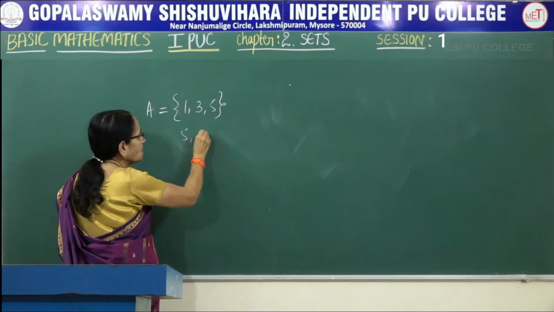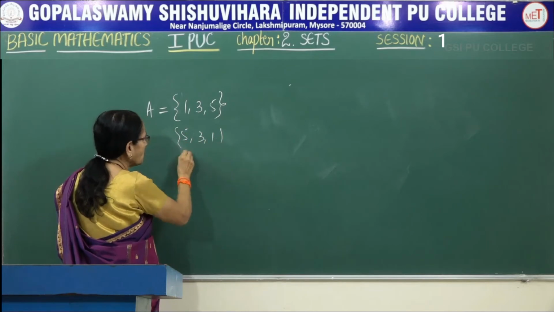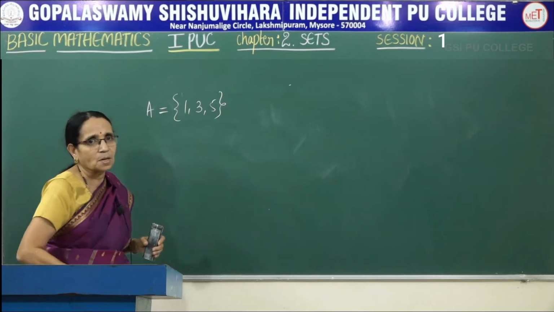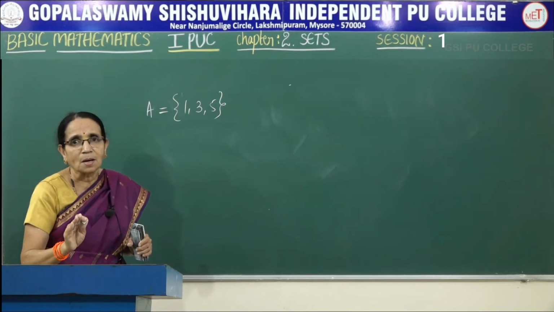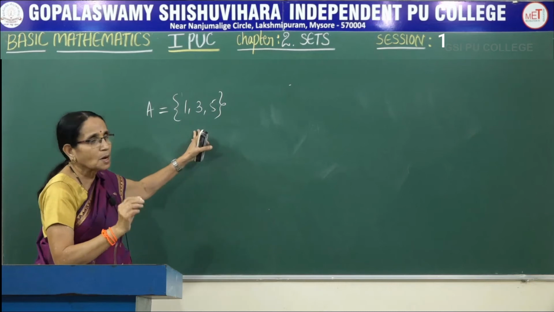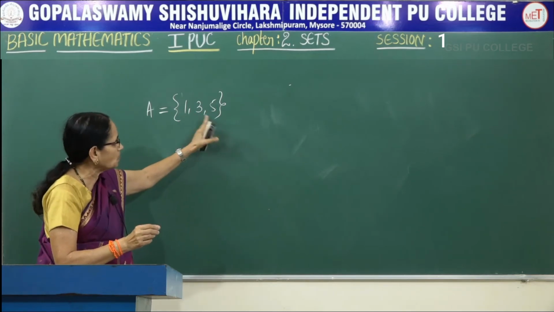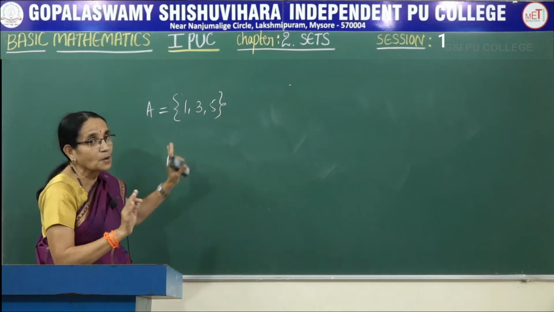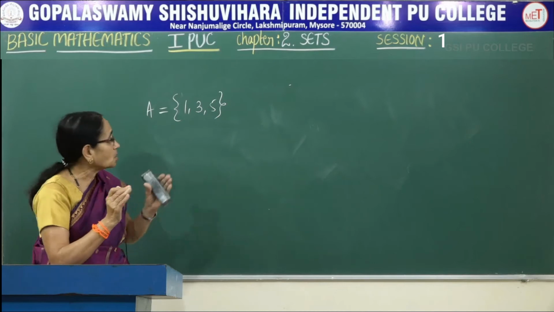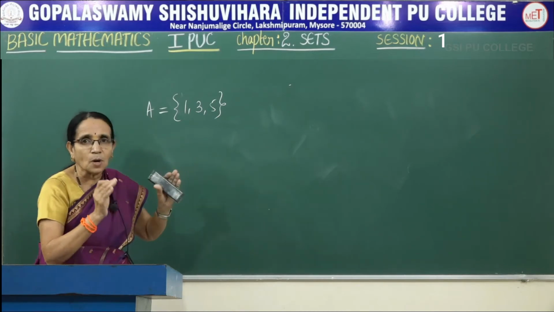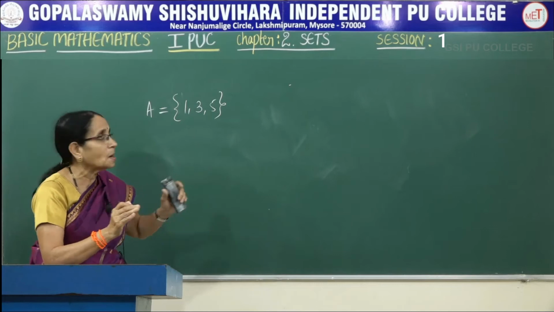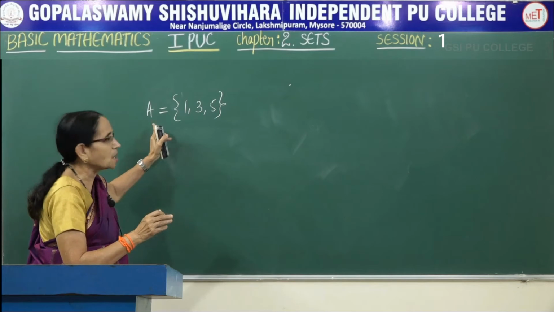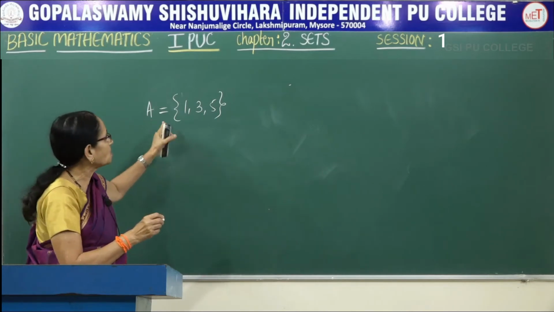If I write it like this, 5, 3, 1, or if I write 5, 1, 3 or 1, 5, 3, it doesn't make any difference at all. Here order is immaterial. That means we need not bother about the order here. You can write 3, 1, 5 or 5, 1, 3, whatever may be that one. Because it is only a collection. As it is, it doesn't have any value. Whatever numbers, quantities, objects, or elements are in that particular set, we simply write them inside a pair of flower brackets and denote it with a capital letter of the English alphabet. So this is the notation.